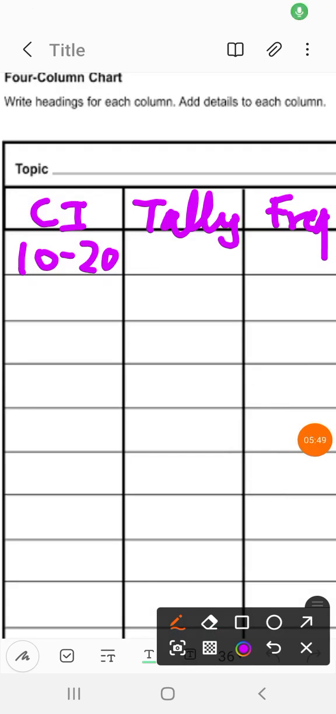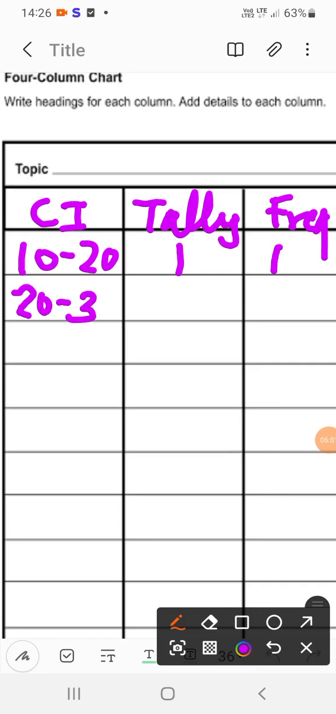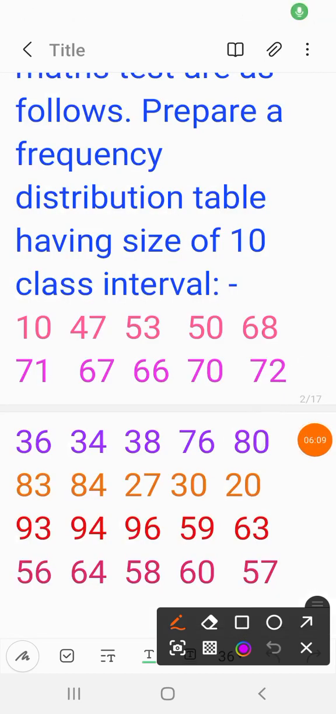So the tally is 1, and since the tally is 1, the frequency would also be 1. Now we will find for the class interval of 20 to 30, where 20 would be included and 30 would be excluded. So the numbers between 20 to 30, where 20 is included and 30 is excluded, are: